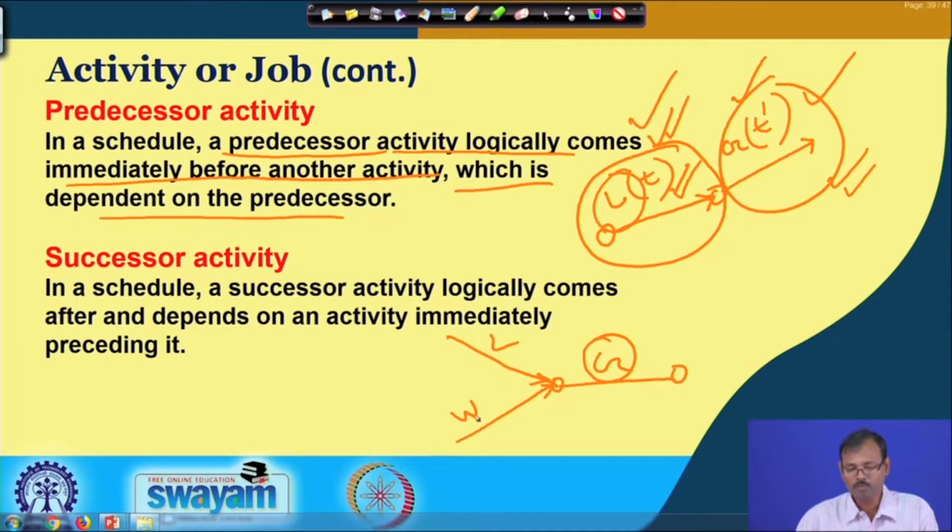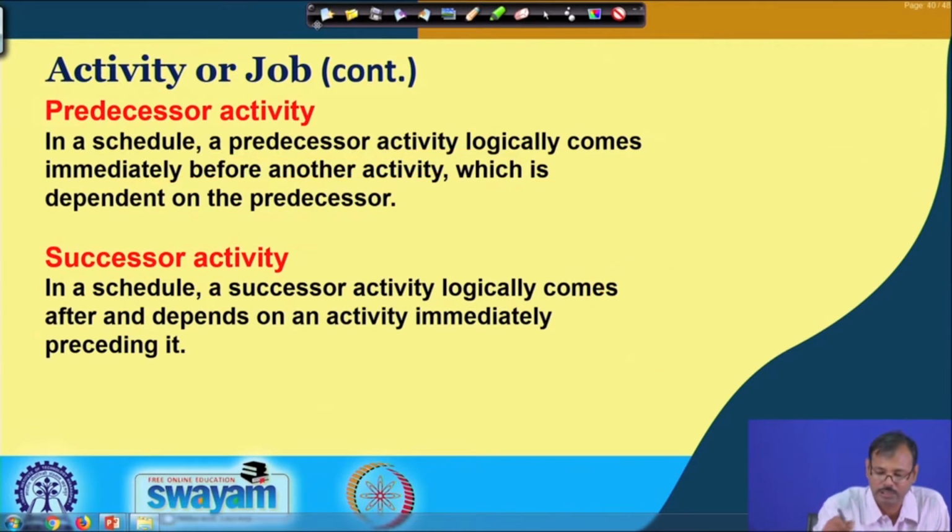But the nodes, that means you can use this for some other thing also, that is also possible. So that is why these are essentially required: there may be more than one predecessor, more than one successor, and when you analyze, you will understand this in a better way. So the number of predecessors and successors may be more than one, and that makes a more complex situation for this network analysis.